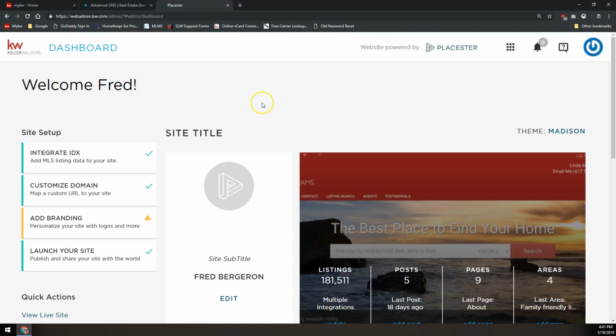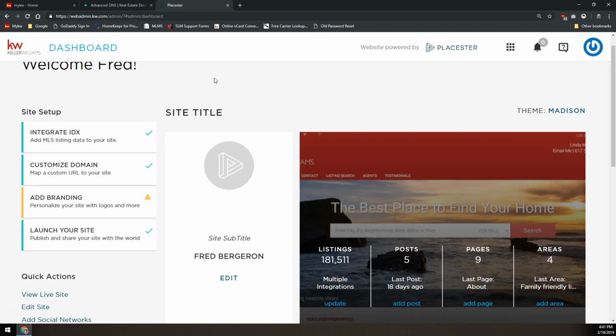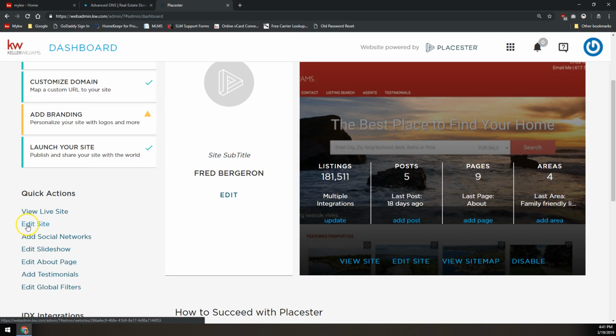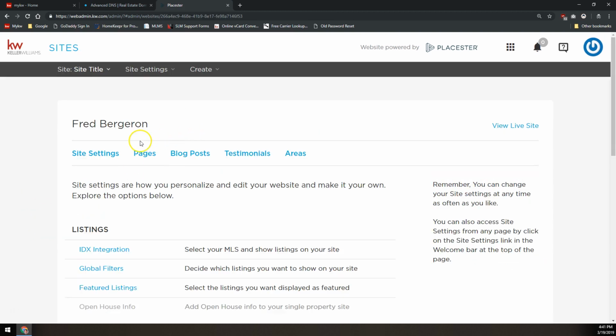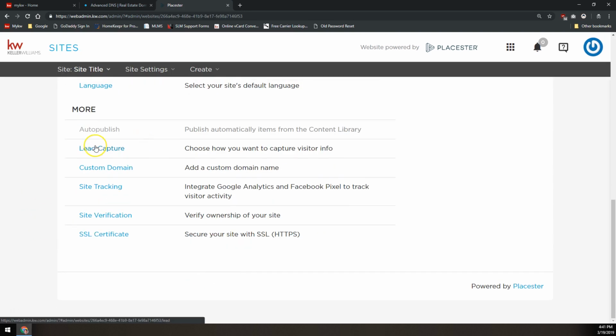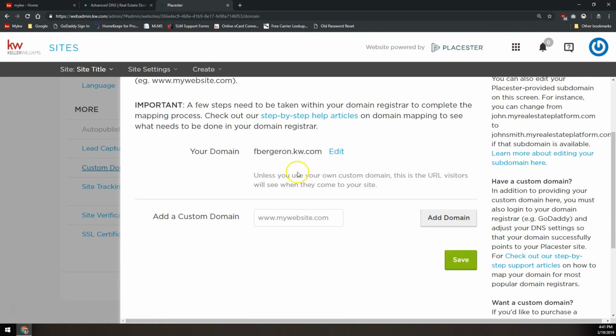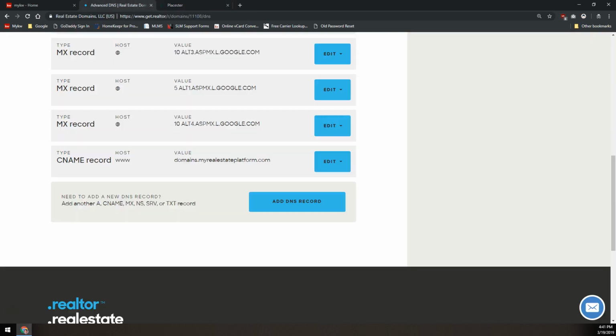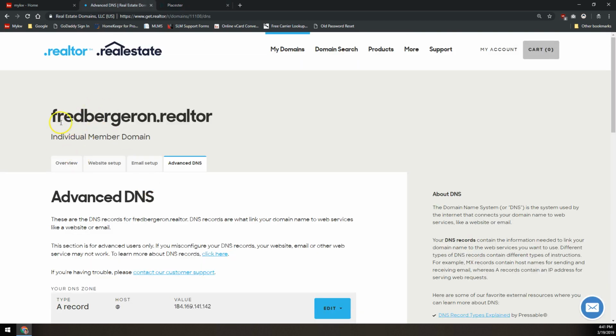Next, we want to come to our Placester interface within MyKW. If you don't know how to access Placester, check out our Placester 101 class. But once we're in the Placester system, over on the left under Quick Actions, we'll click on Edit Site, and we'll scroll all the way down to the bottom of the Site Settings section and click Custom Domain. And in here, we're going to put in that full address. So we're going to put in the full